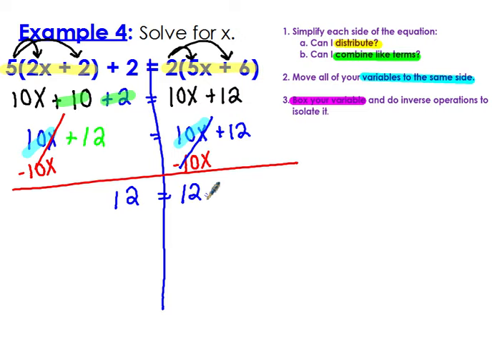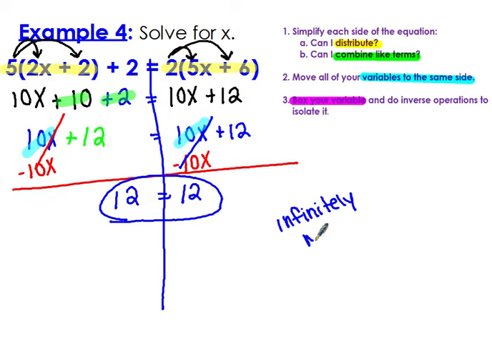All my x's are gone, so I can't get x equals something. So in this case, I'm either going to get something that's called no solution or infinitely many solutions. And to tell you that answer, you're going to ask yourself, is this true? Does 12 equal 12? And it does. So it's infinitely many solutions. And what that means is you can pick any number you want to and plug it in for x